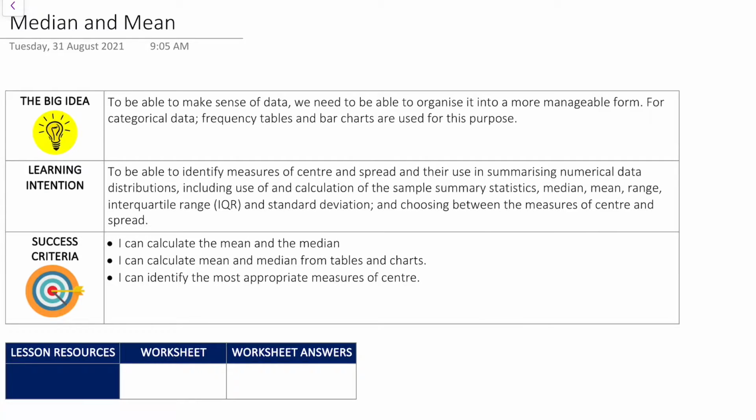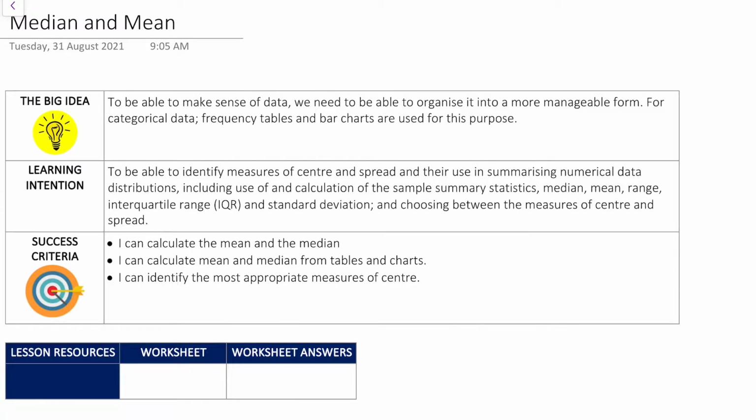So in this recording, we're going to go through the median and the mean. This is part of our work on investigating and comparing data distributions. The learning intention here, and this is obviously over a number of lessons, will be ultimately to be able